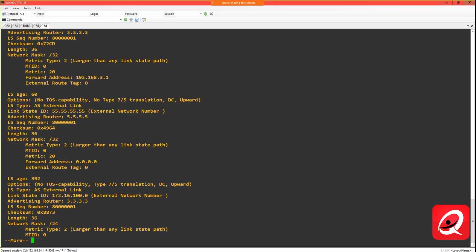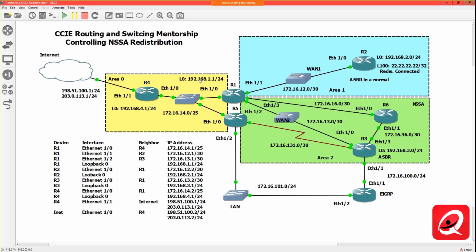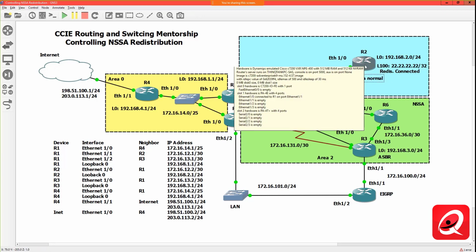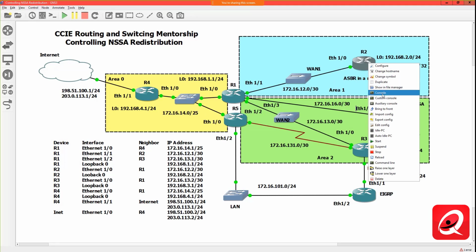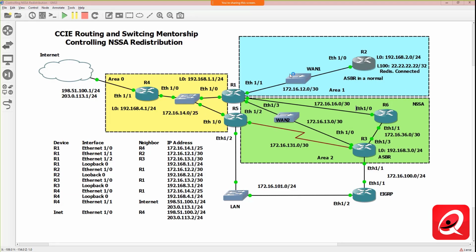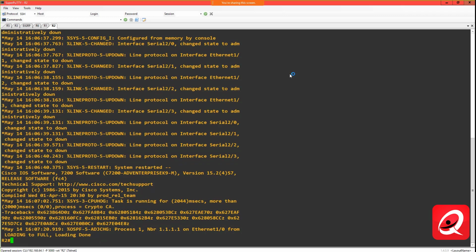So if I go and look at my topology here, this is a normal area, ASBR in a normal area. And if I go to router 2 and I take a look at the routing table or the database in router 2, I'll be able to identify that, in fact,